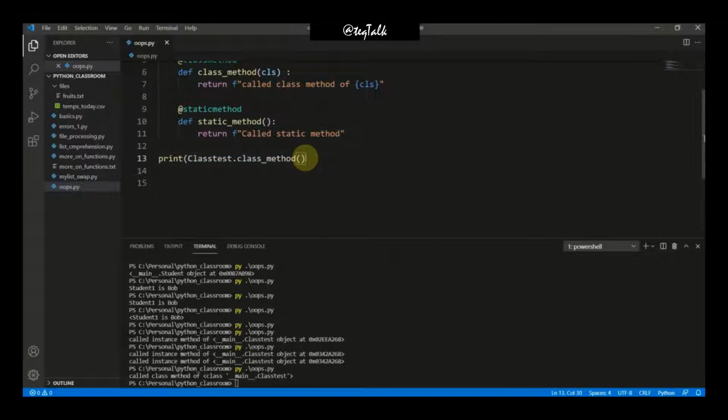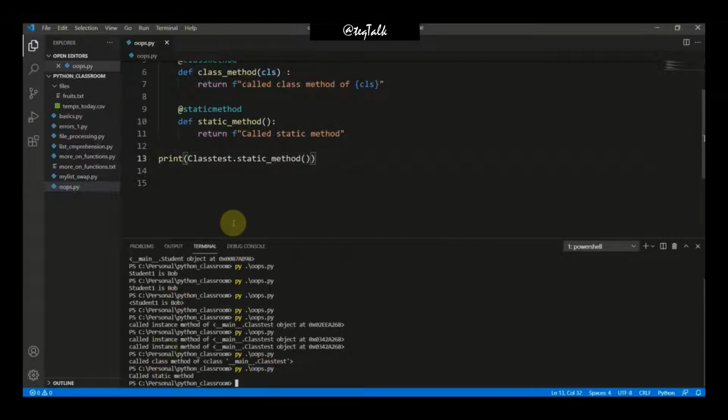To call the static method, we simply call it the same way we called the class method. That means write the class name, class Test, dot, and then the static method itself, with brackets. And now if I call it, you can see the output from the static method: yes, "called static method".